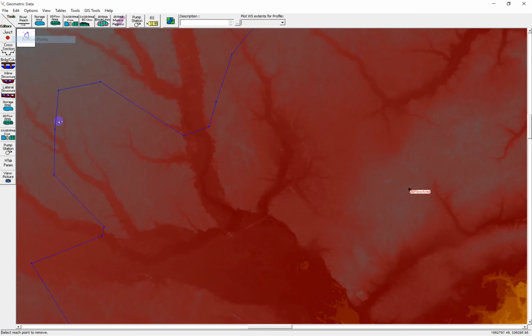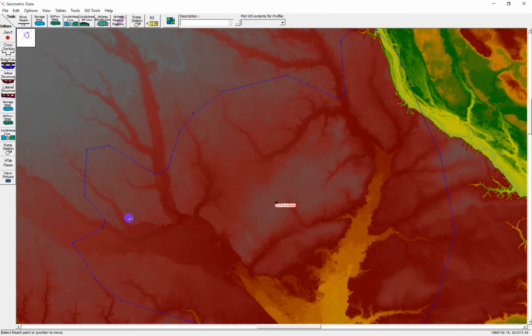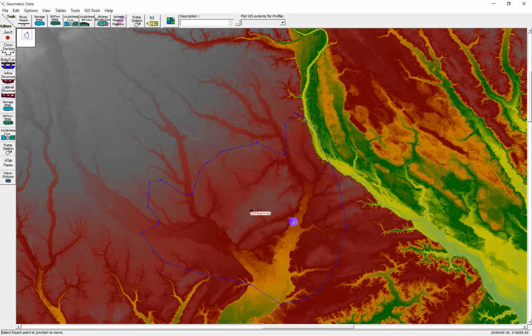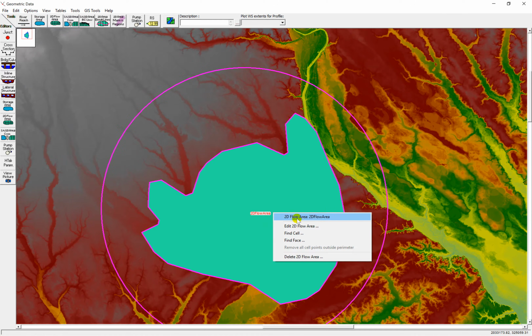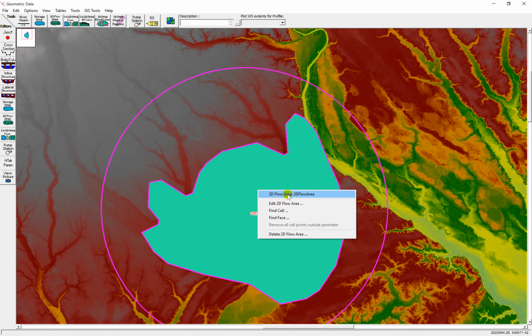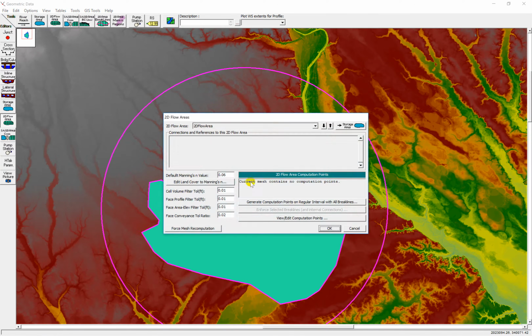Here, let's move this point, so let's make it here, like that. Okay, after that, I'm pretty sure about my area, so I'm going to double click on the area. Oh, before double clicking, we should remove this. So here's my area, and then go to 2D flow area, and edit 2D flow area, and we